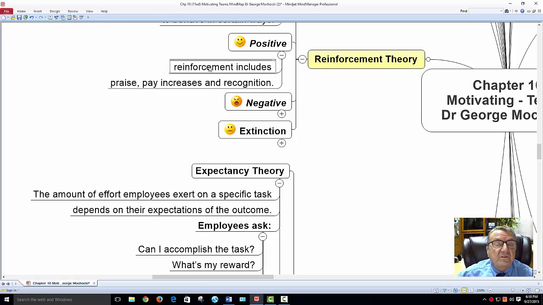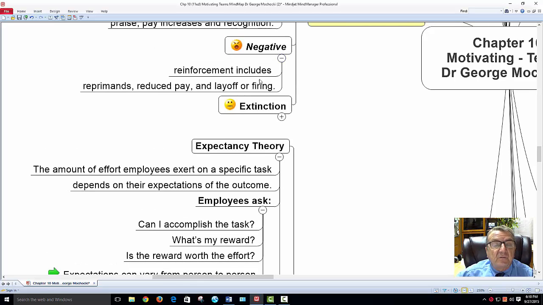Positive reinforcements include praise, pay raises, and recognition. Some negative reinforcements are reprimands, reduced pay, or layoff or firing. Remember Theory X and Theory Y. Theory Y is more positive reinforcement. Theory X, for lack of better words, will be more negative, but I still have to do negative. Even sometimes my good employees, once in a while, do something wrong, and I have to treat them fairly. Not because they're the best, and they're going to be mad at me if that's the punishment I've given to someone as a poor performer, and performance is not tied to